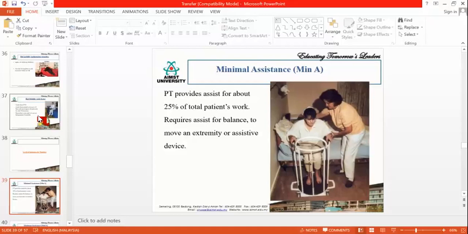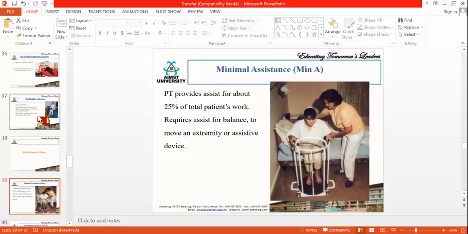So for example, if your body weight is 40 kg and the patient's body weight is 50 kg, then you can do it because it is only 25% extra. But if the patient's body weight is 100 kg and you are 40 kg, you cannot transfer the patient individually. You need an assistant. So this is the first point you have to keep in mind.